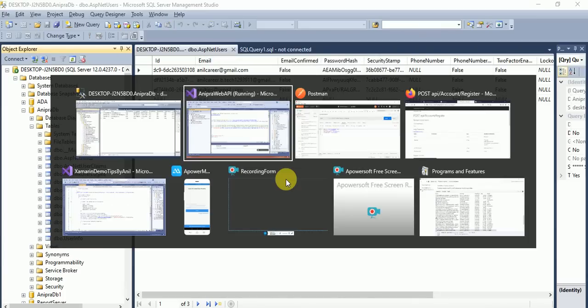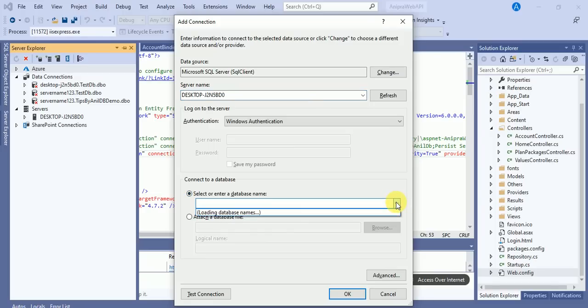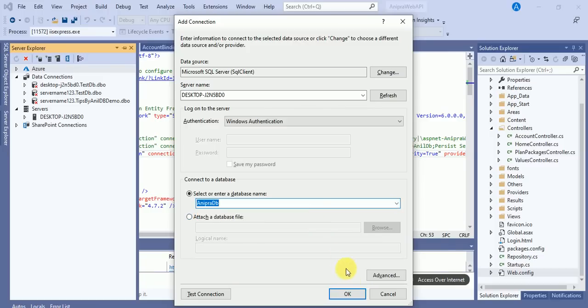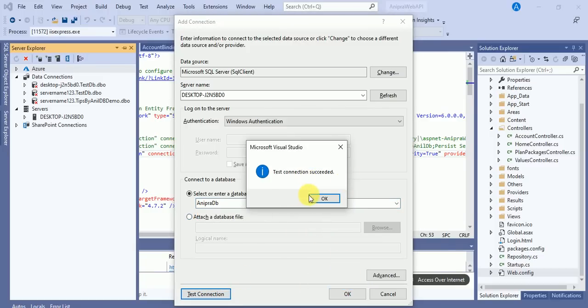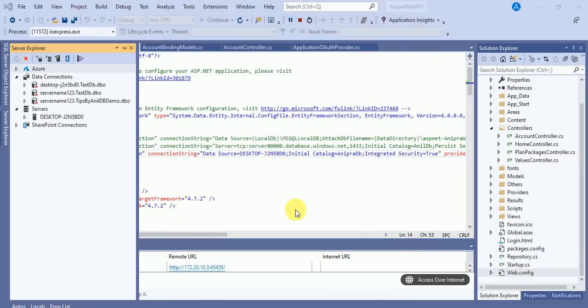Copy the server name and paste it over here, then you can see all the databases that are created in your SQL Server. Once you select the DB, click on test connection, it succeeds, click on OK button. So here you will get the data connection.